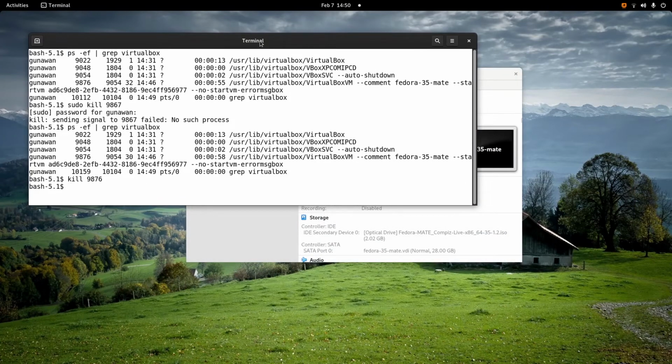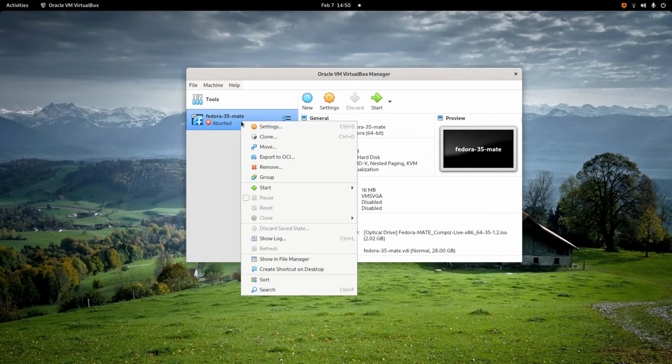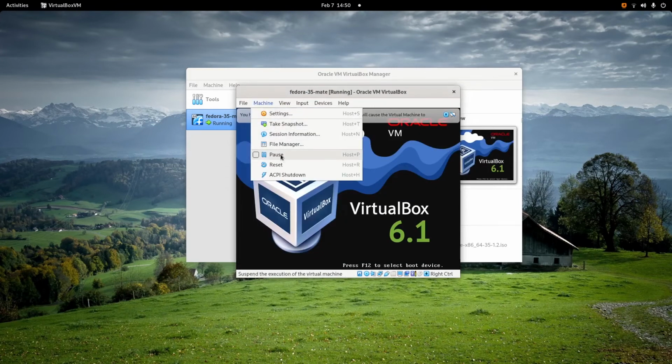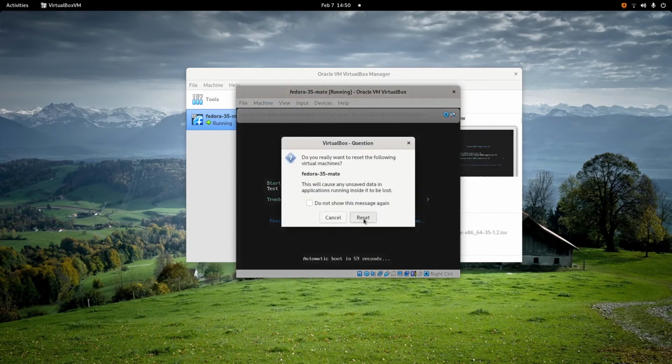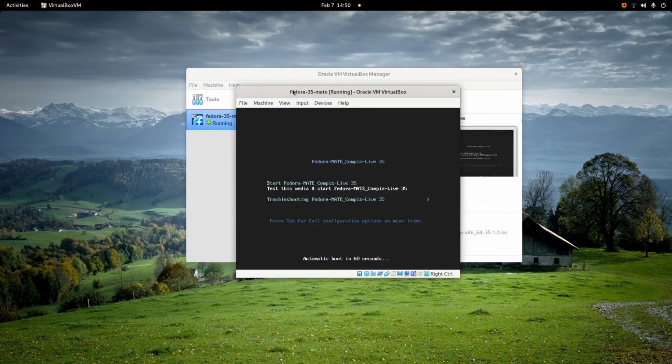Okay everyone, we will continue running our VM. Usually I will click the normal start and then I will click the reset. Okay, so my VM will run normally.